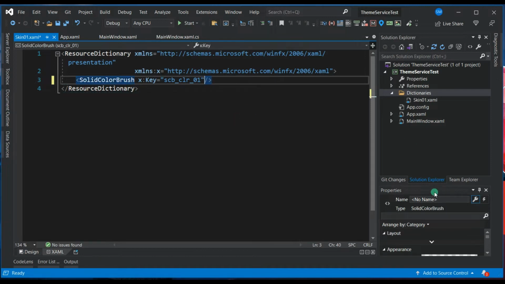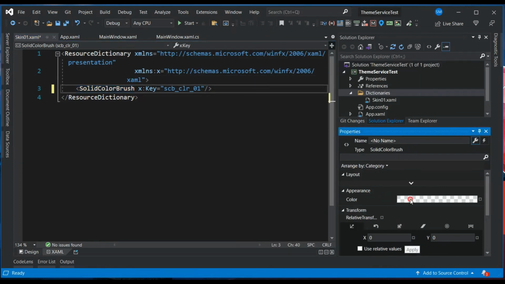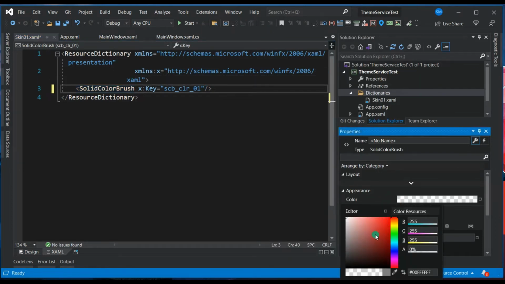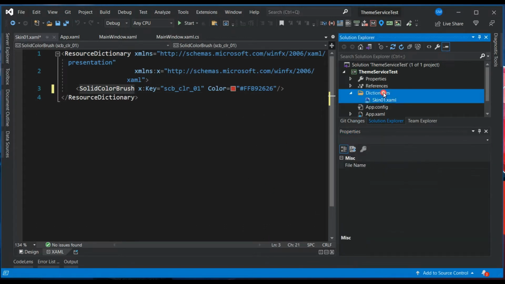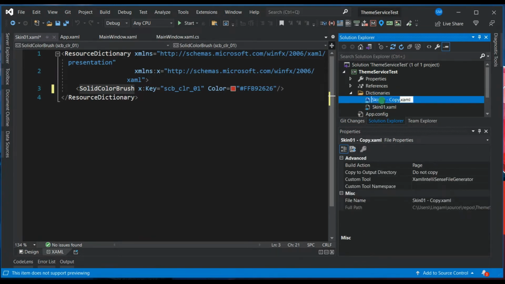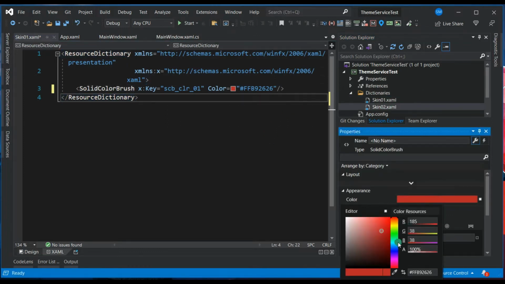Okay, let me maximize this. And what is my color? For my skin one, my color is red. That is totally fine. I copy this dictionary again, and I replace it, and I call it skin 2. And in skin 2, my color is going to be